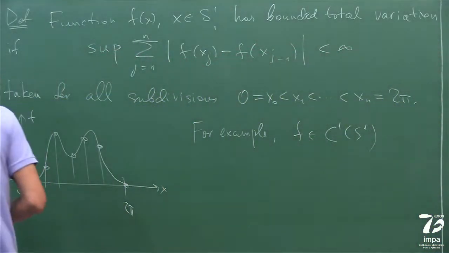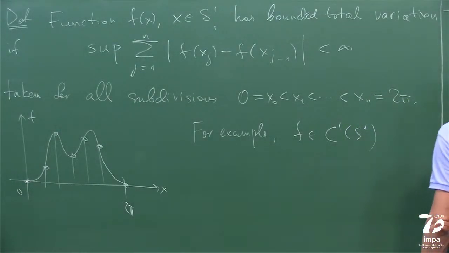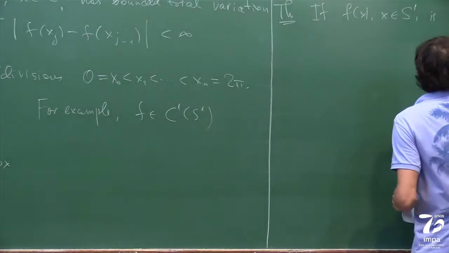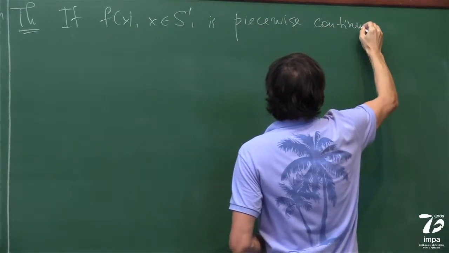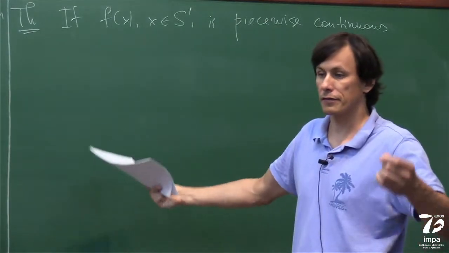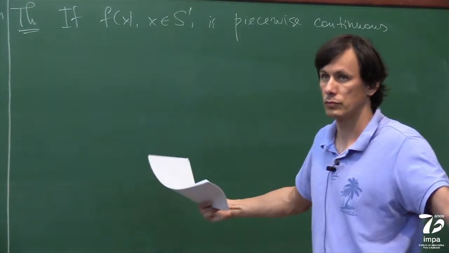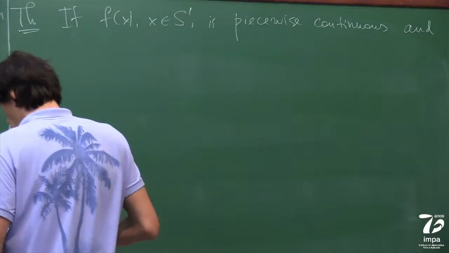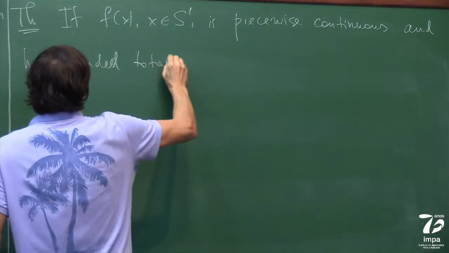Okay. So the theorem tells that if f of x defined on a circle is piecewise continuous, which includes the functions which are continuous on the interval but the left and right points are different, because you associate 2 pi with 0, so 2 pi and 0 are the same point, if it's piecewise continuous and has bounded total variation,